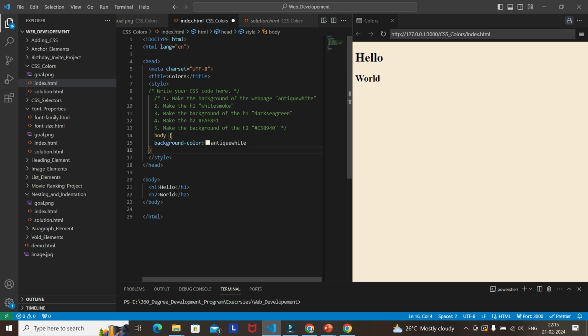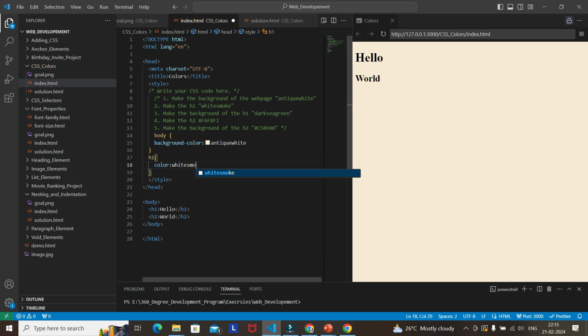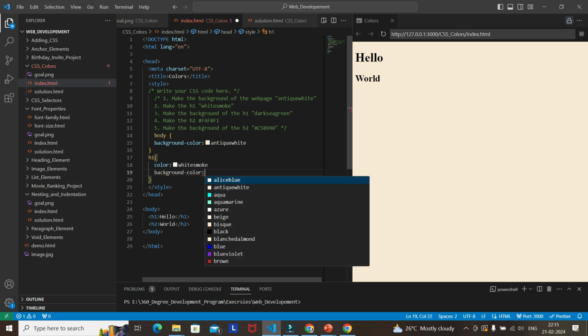Now I want to style the h1. The color should be white smoke, and in the same rule, the background color of h1 should be